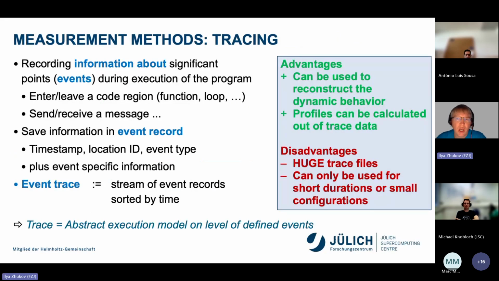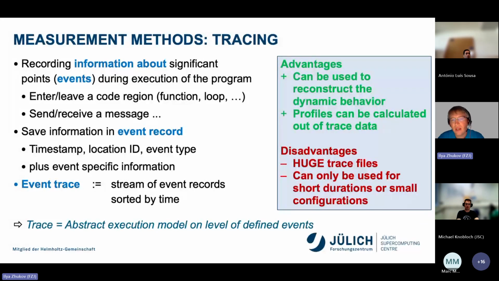And here is information about tracing. What is tracing? Tracing is recording information about significant points. They are also called events. Michael and I already mentioned events a couple of times, during the execution of the program. And what kind of events exist in the code? For example, it could be a function, loop, sending or receiving messages, and so on.